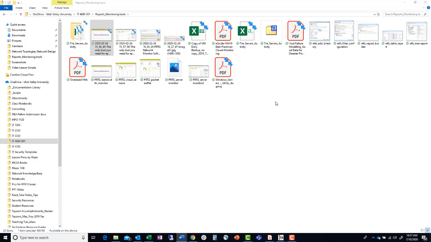If you want more information about these products that I told you about, I think each one of them has a free version. I think PRTG might even have a free version. And if you do have a little lab at home, it's not a bad idea to download these and just start playing with them. You won't get the full benefit and effect as you would on a network, but it starts to introduce these concepts of creating